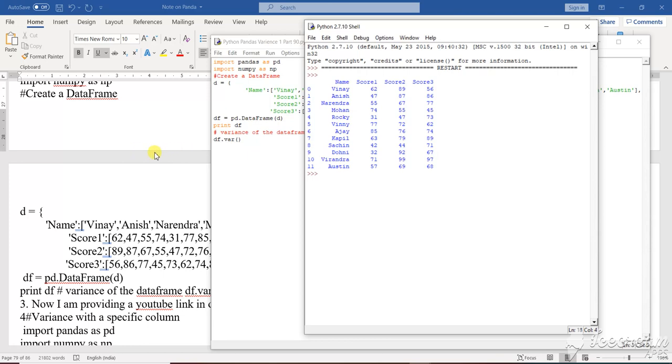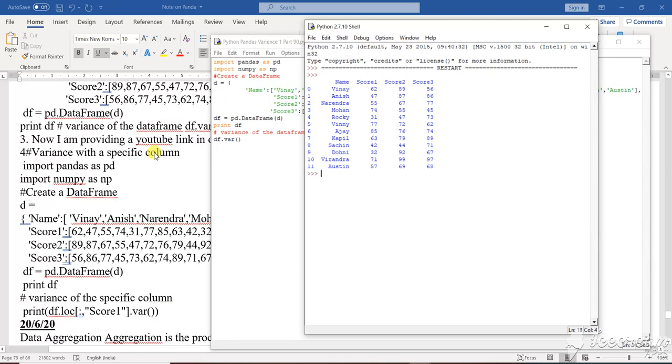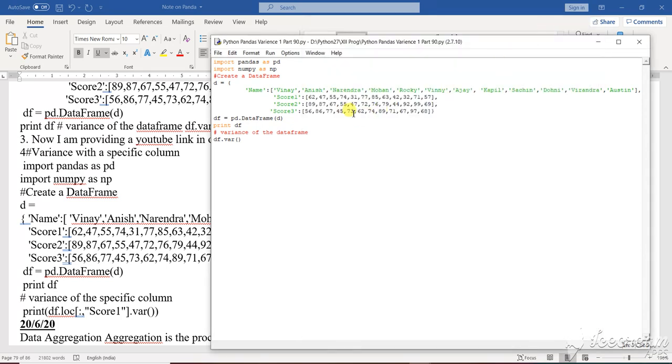When you calculate the variance, you need to print the variance. See very nicely, you need to print the variance. I haven't given any printing option there. I have given only the command to do the variance. If I need to print the variance, I need to say the variance of this particular data frame. This is the variance for the data frame, that is, the numbers that are there, and the variance of the data frame that has been given.